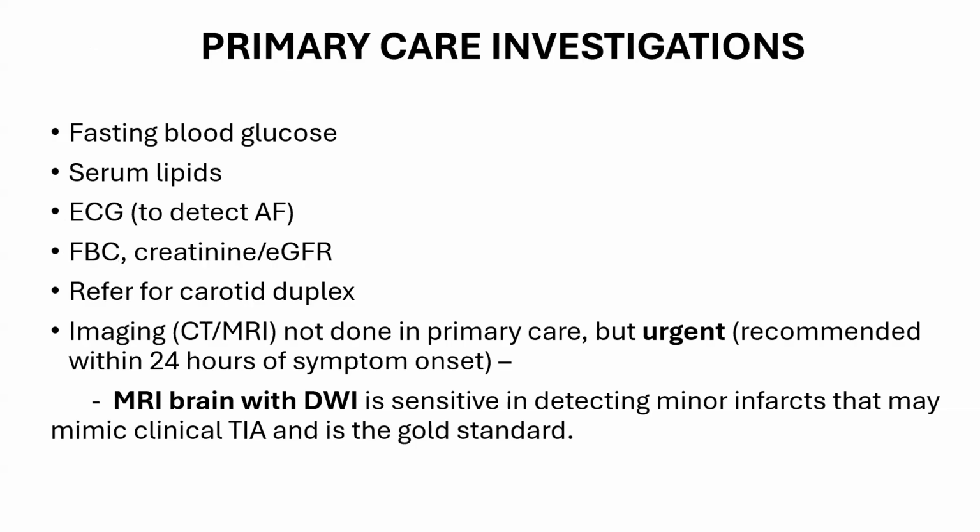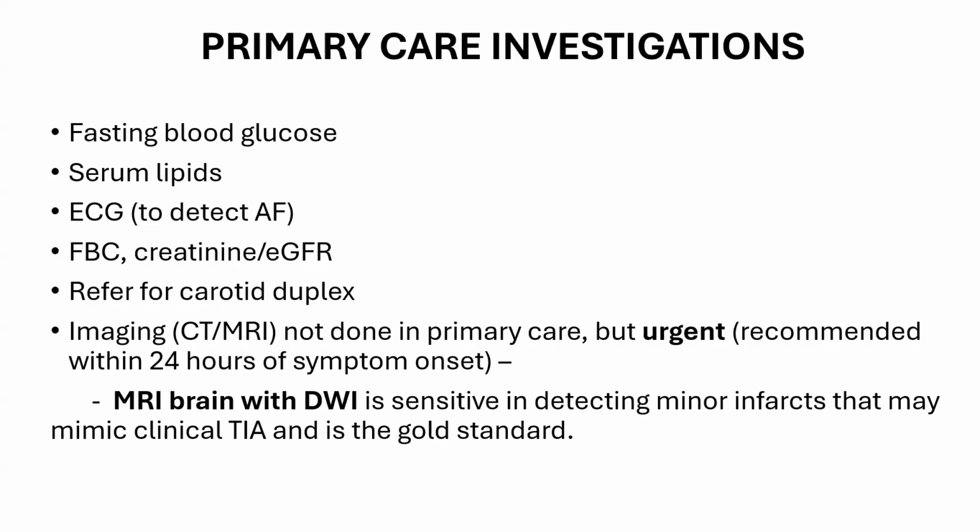Then the primary care investigations that we need to do, of course, the usual screening investigations like fasting blood sugar, serum lipids, and ECG is required. We have to do an ECG because we need to also exclude or confirm cardioembolic TIA, and full blood count, creatinine, eGFR needs to be done, and then of course we have to do a carotid duplex in each of these patients, and then imaging, of course, there's a bit of a controversy in terms of imaging, because they say